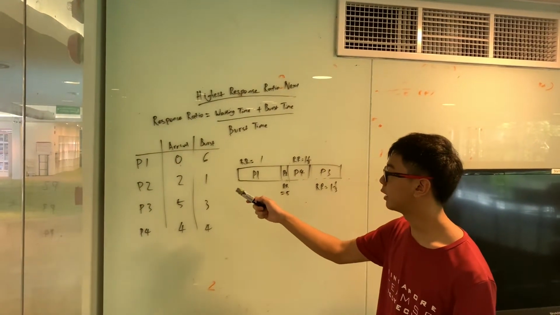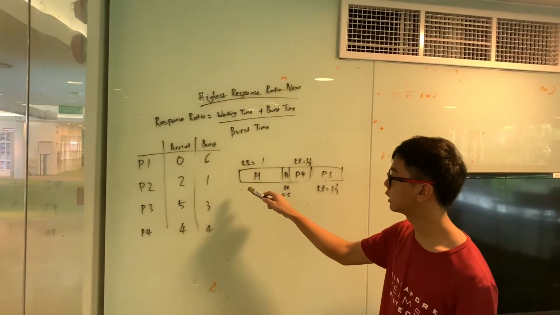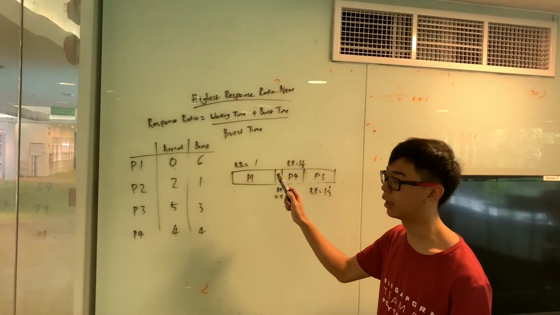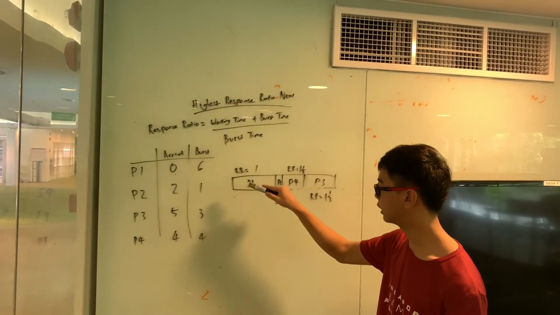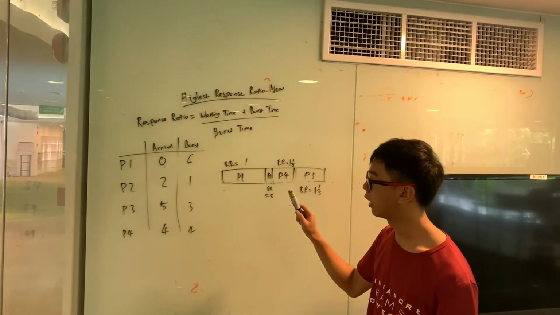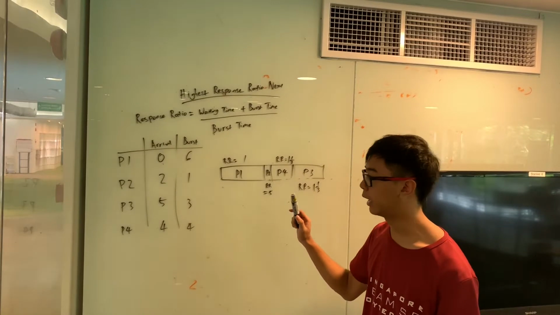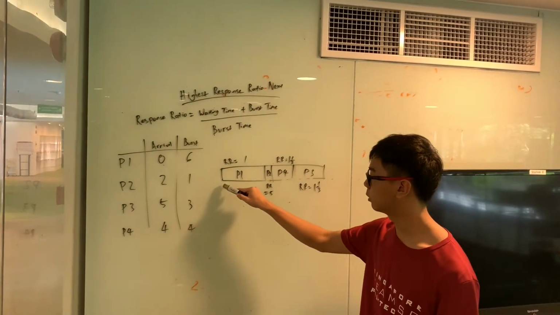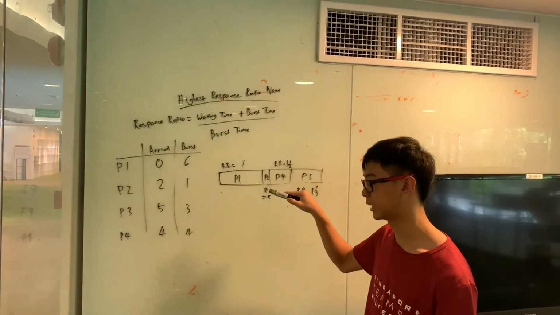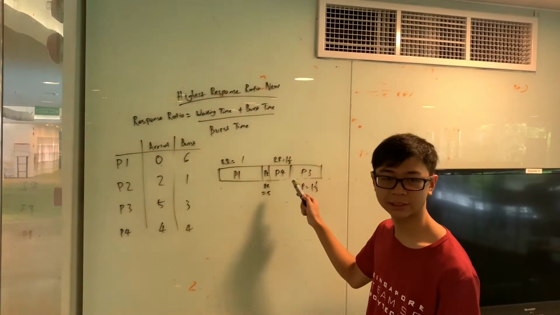At time arrival equals 0, process 1 just arrived and there's no other processors waiting. So it is the highest response ratio and will finish first. Please note that it does not matter if you have a higher response ratio at any point, as it will wait until process 1 has finished its execution before it runs next.